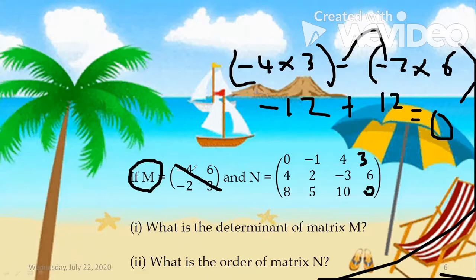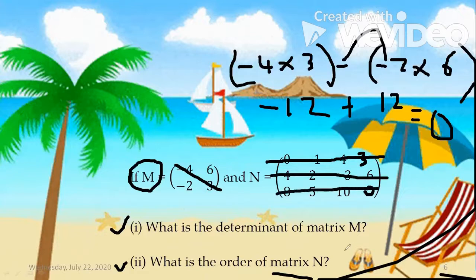So that's the first part of the question. Let's look at the second part now. It says, what is the order of matrix n? The order is just stating the number of rows times the number of columns. So we have row 1, row 2, and row 3. So we have 3 rows,